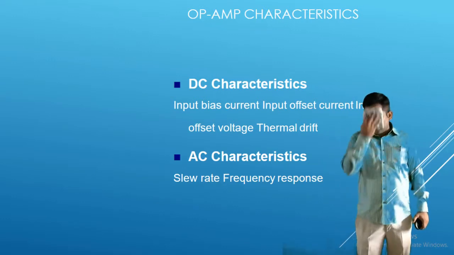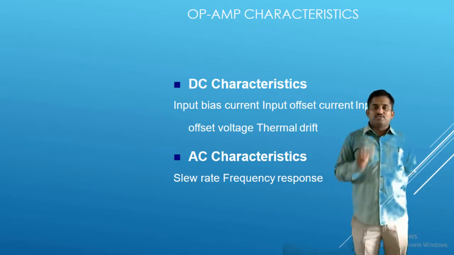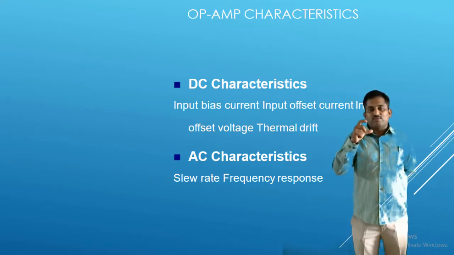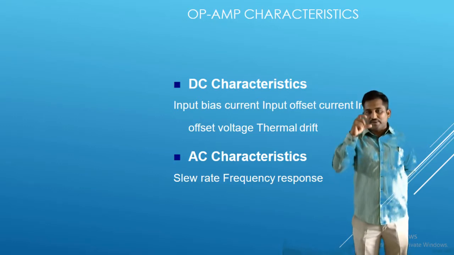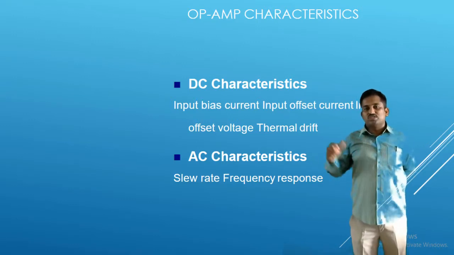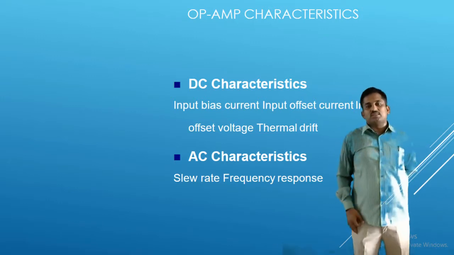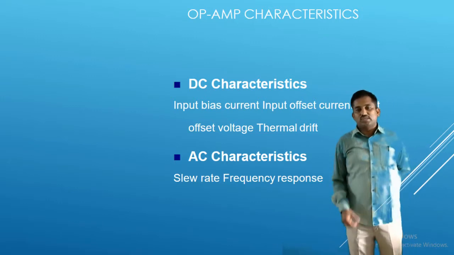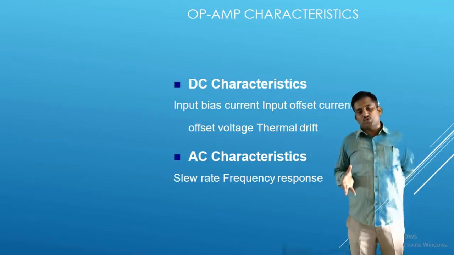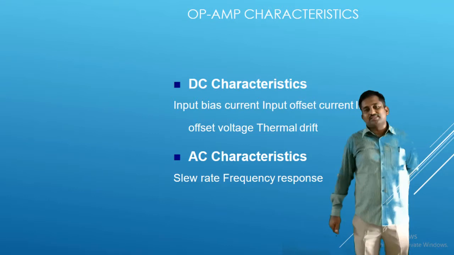In the DC characteristics of an op-amp, first I want to tell you the input offset voltage. The input offset voltage is nothing but the difference of the DC voltages which we have to apply at the input terminals of an op-amp to make the output offset voltage equal to 0 when both the input terminals are connected to ground. Generally, we represent it in the mathematical formula as VIOS = VDC1 - VDC2. That I explained in the characteristics of op-amp also.